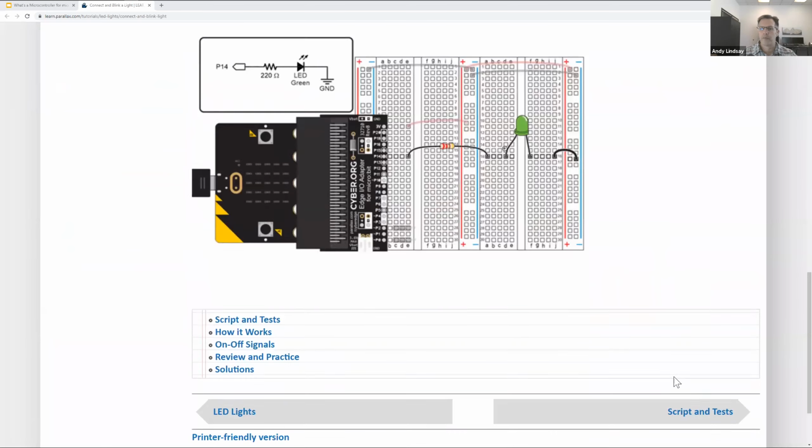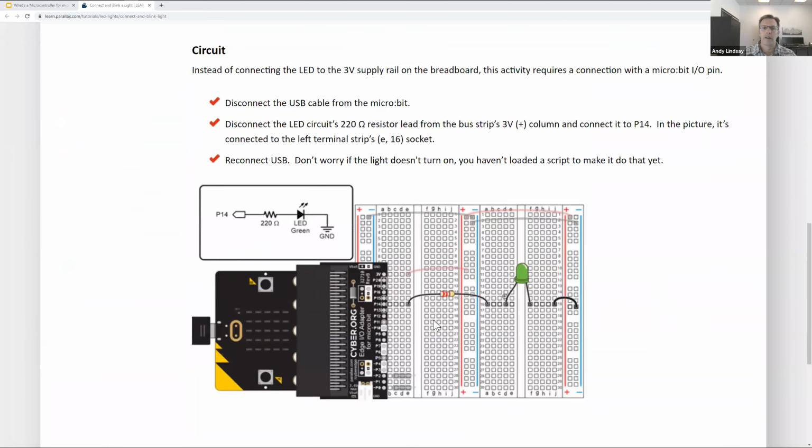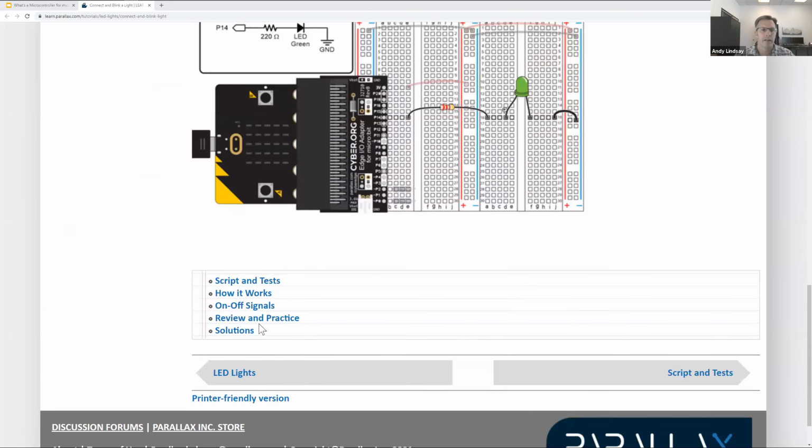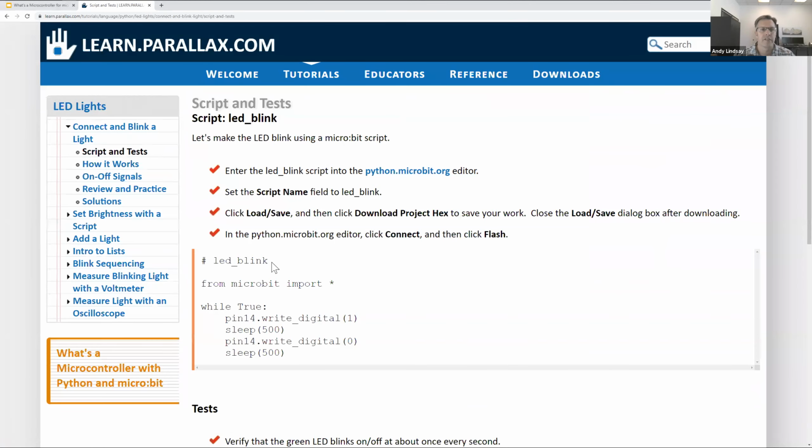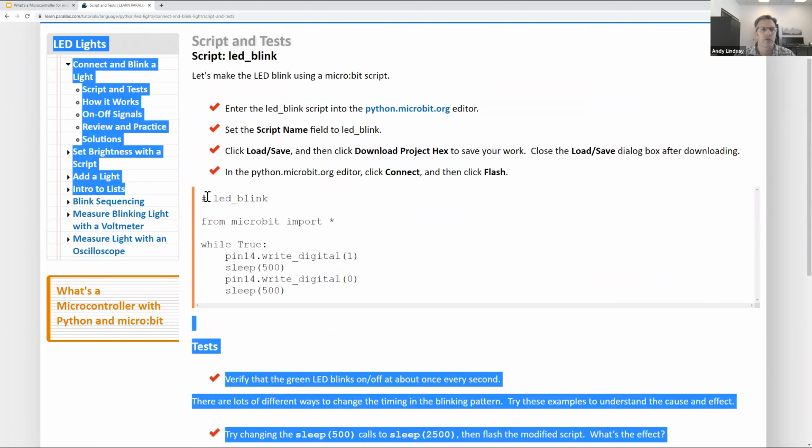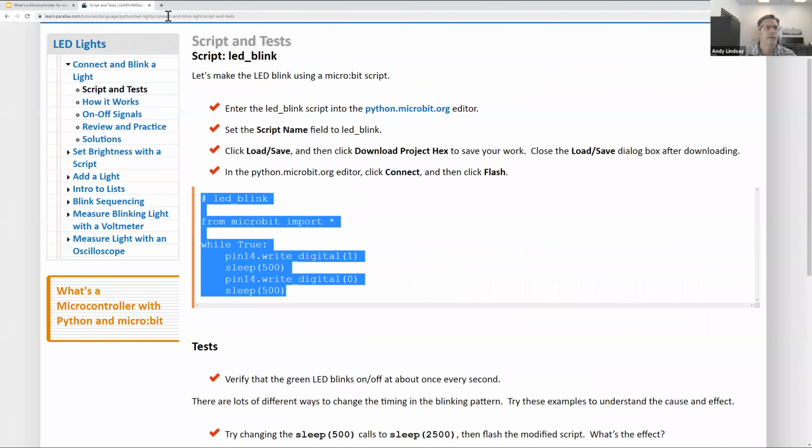So in Connect and Blink a Light, don't pull your circuit apart. I think that you will probably have a yellow light connected to P14 instead of the green light shown. That is fine. So for script and tests, we've got this little script and you can just go ahead and copy it into the